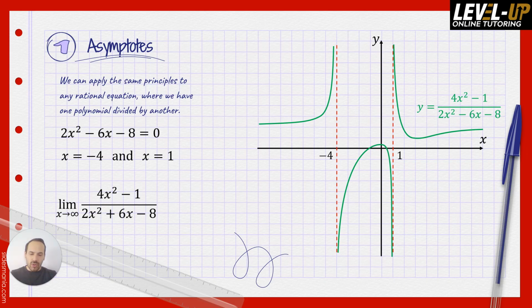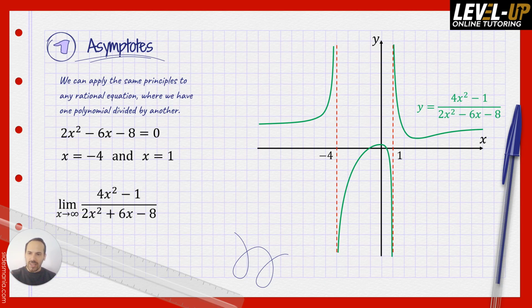Now the horizontal asymptote is going to be a little bit trickier. We need to find the limit of this expression here as x goes to infinity. Now we can do this the same way as before, where we'll do a long division, but we haven't really seen long division when we're dividing by something more than a linear expression. Here we've got a quadratic. You can work it out in very much the same way, and I would encourage you to give it a go. But